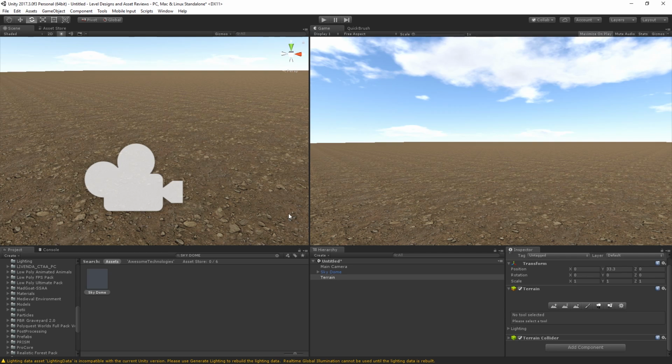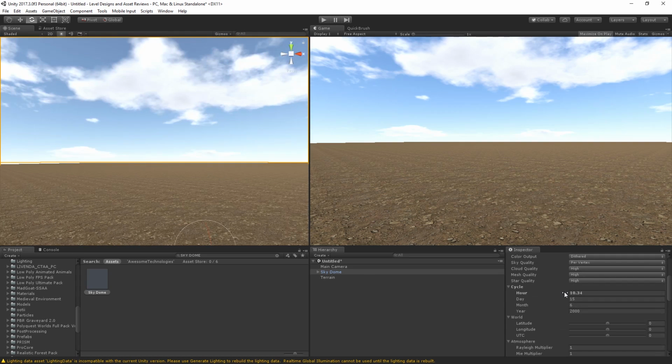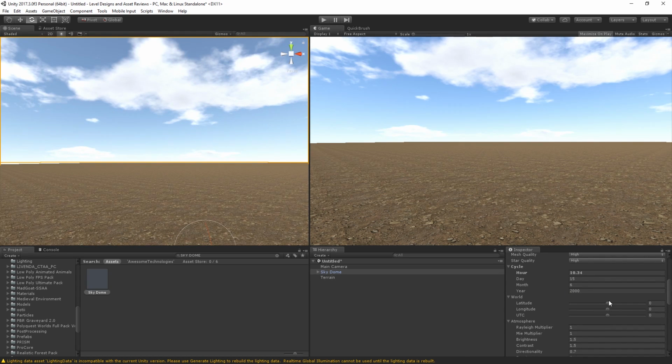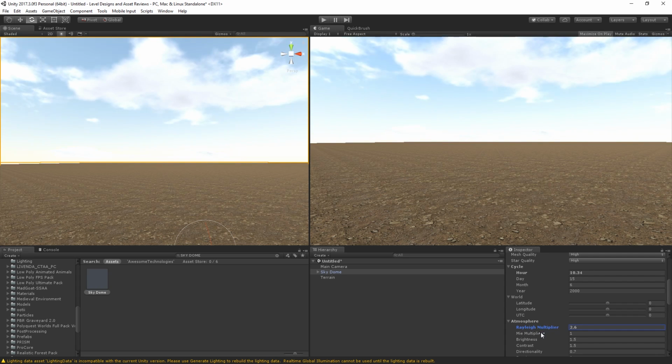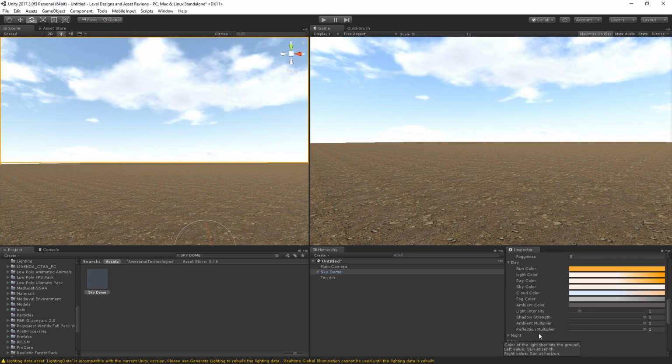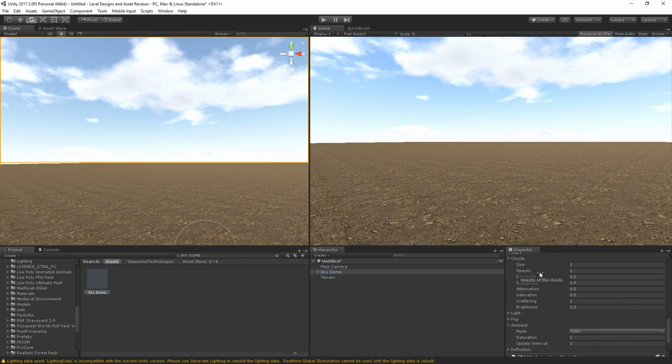In case I do want to play with the ambient lighting, I'm okay with just editing the sky color. Speaking of which, I'm actually gonna edit the Rayleigh here. I don't know if I pronounced that right. I don't want to have it this bright. So we're gonna first and foremost,